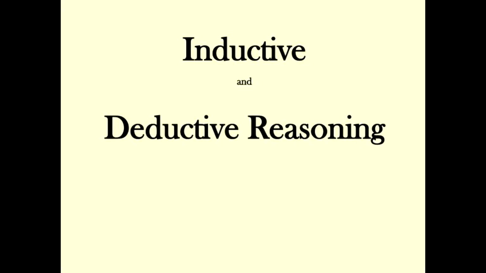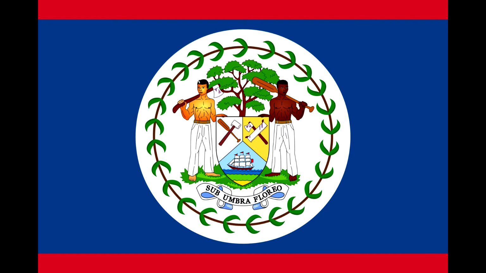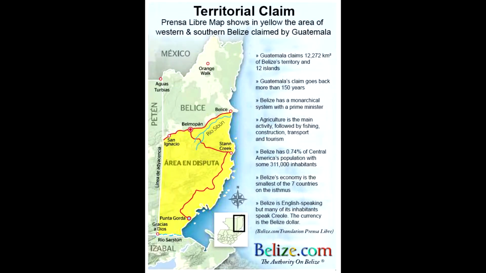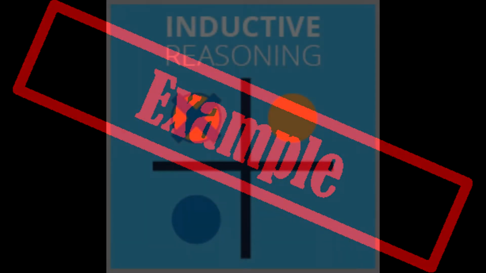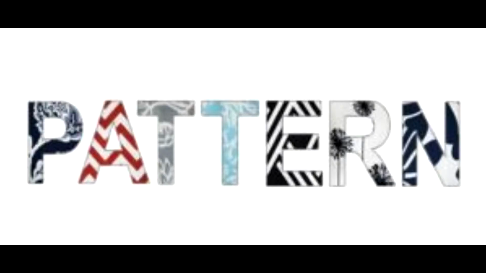When using inductive and deductive reasoning on the Guatemalan and Belizean dispute, we see two different points of view. For example, when using inductive reasoning, Belize has enough evidence to hypothesize and prove that Guatemala does not own their land and is subjected to the border recognition which they established long ago. This is an example of inductive reasoning because it started with a small observation which then formed a pattern which